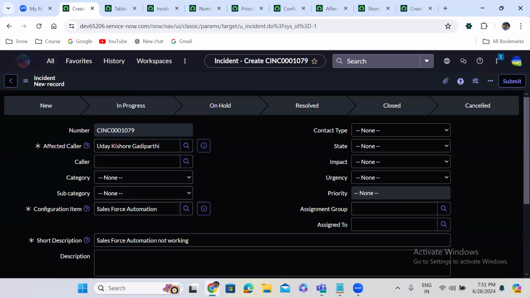Okay. So what is it saying here? Name of the record is new record. So here this is actually called display name. Display name is now showing as new record. Okay. Once you create the record,